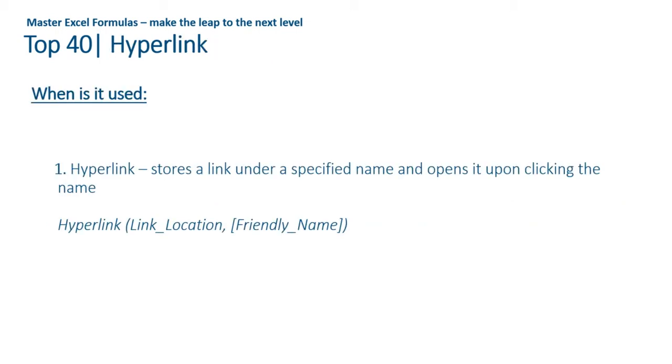So the first formula today is the hyperlink formula. This is a very useful formula again. It stores a link under a specified name and opens it upon, let's say, clicking that name, for example. The way the formula is structured, you need to have, obviously, the link location, and after that a friendly name. I've put that obviously in square brackets because this is an optional thing really. So let me show you an example of